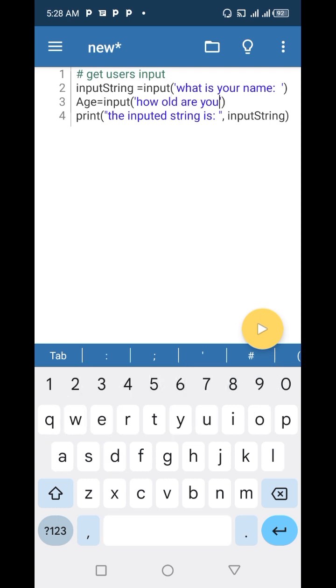All right, so now the print could be, hello, welcome. Then you can type, your age is